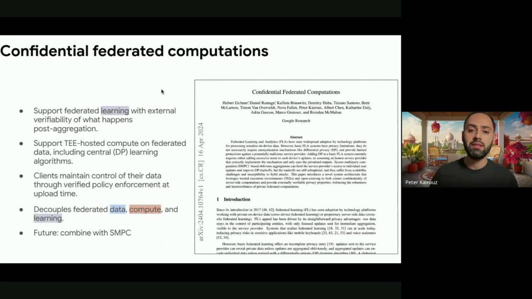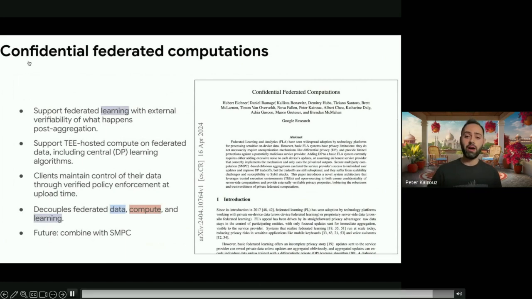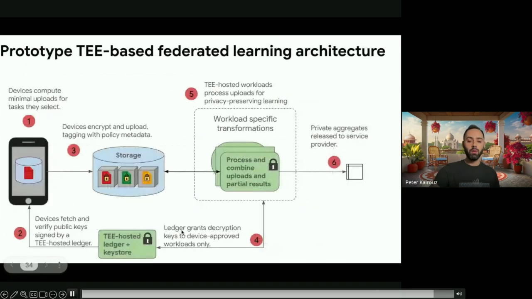So we go into the details of how we can design this system in one of our very recent papers, called Confidential Federated Computations. There are lots of interesting details in it. But at a high level, just to overview the system, the way it works is that instead of pushing that very large model to the device, which, as I said before, we don't have enough compute, memory, or bandwidth to do, because now the model is much, much, much larger than the data itself,